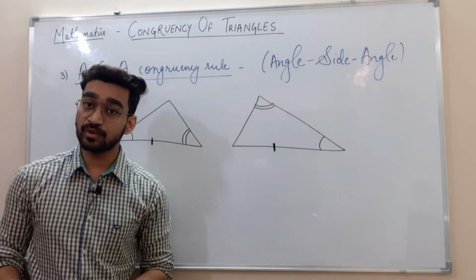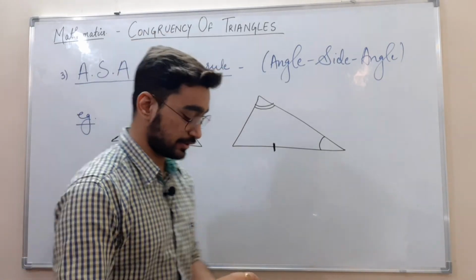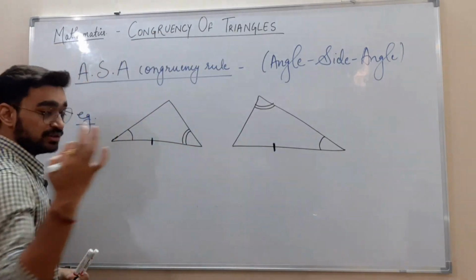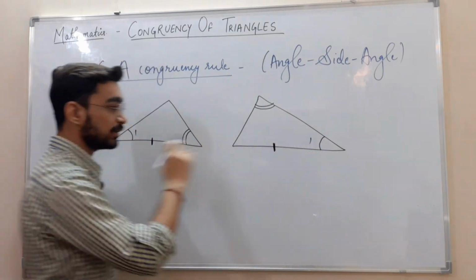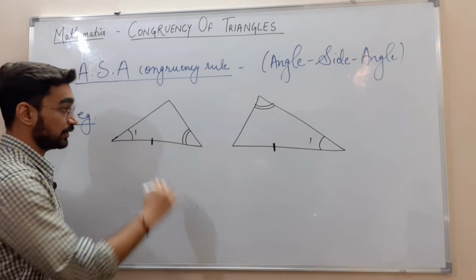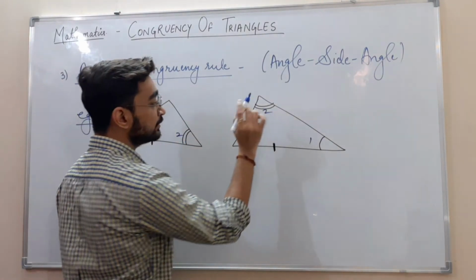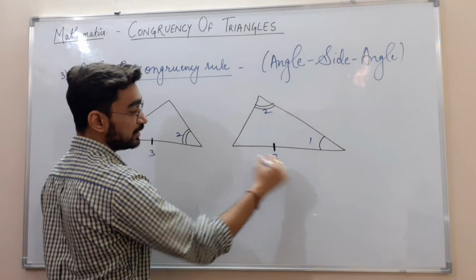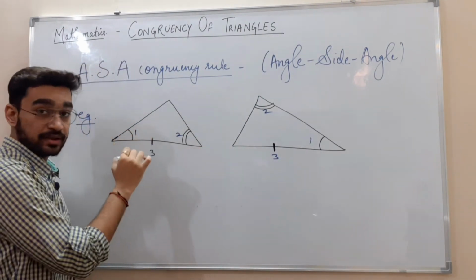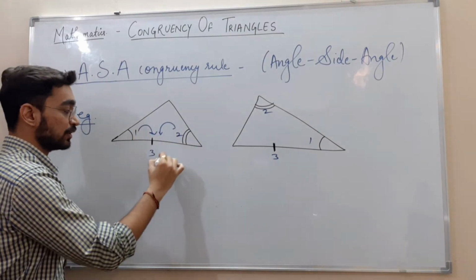Now whether these two triangles will be congruent by using ASA property or not, let us check that. Three things we want to prove as equal. This one thing I got as equal because these two angles are given to me in the question itself. This is the second angle. Now the third side: in this triangle, this side is coming in between these two angles. So this is okay here.